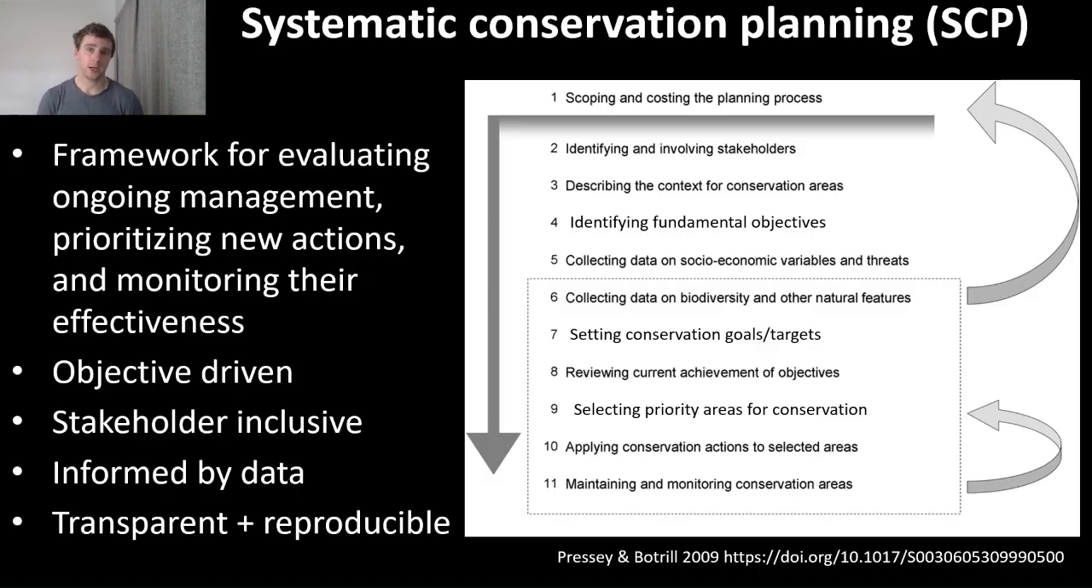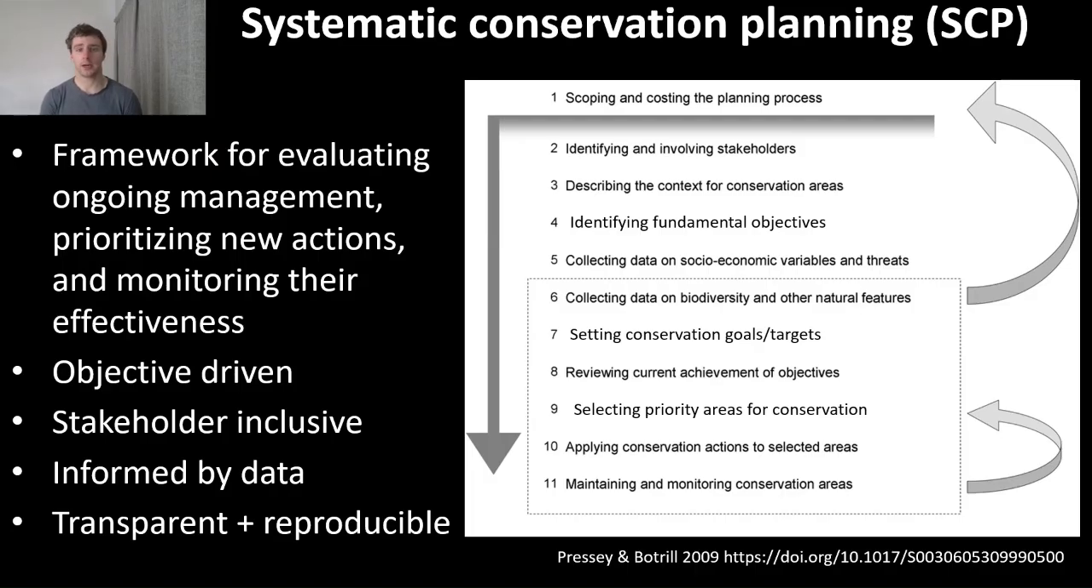And that's really important because you might find that you've missed out a fundamental objective, you've missed out something in step 4 when you're doing step 7. So that's things to think about. And so overall, SCP is really good because it's objective driven. So it's going to help you get what you want rather than necessarily what the data says. It's stakeholder inclusive because they're involved right at the beginning and have a huge influence at all the subsequent steps. It's informed by data, as you can see in step 5 and 7. You are obtaining data, and that's going to have an influence on steps 8 and 9,